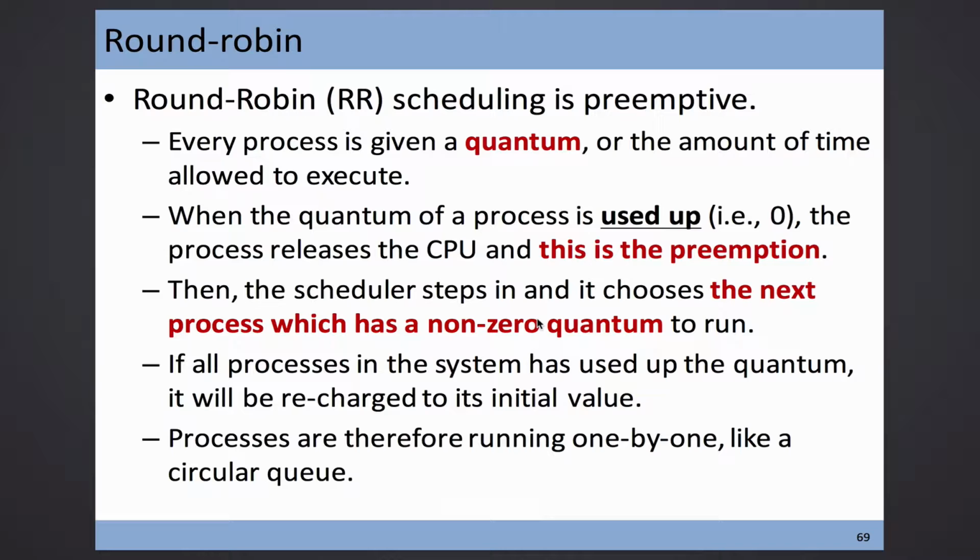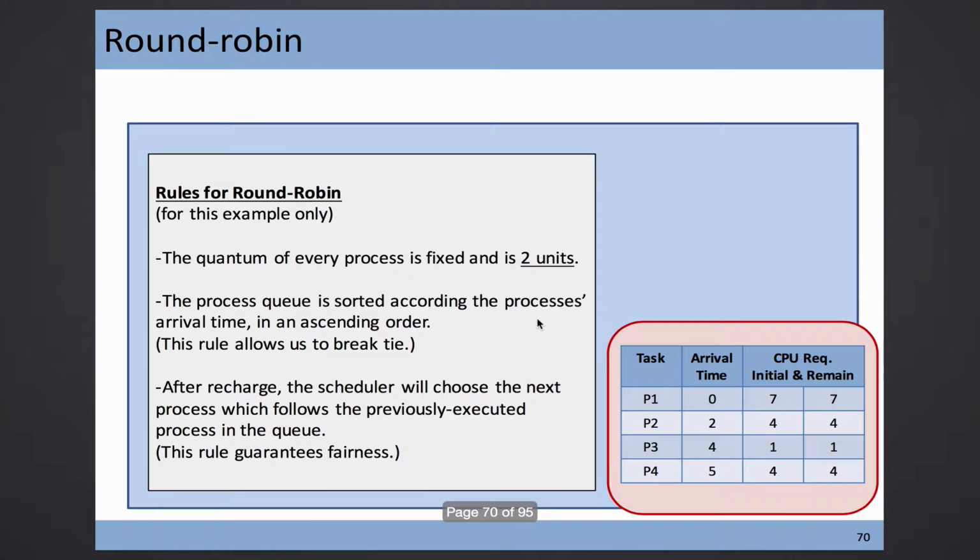Okay, this is the illusion. So let's take a look at the scheduling. I copied the old configuration from the SJF, so I set up some criteria. I have 2 time units for the quantum of that process. When it uses up, it becomes 0, then you cannot schedule. And when every process becomes 0, it will recharge.